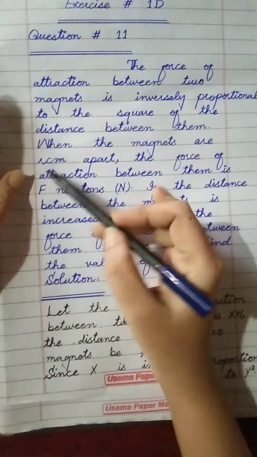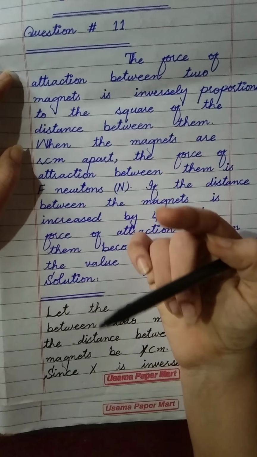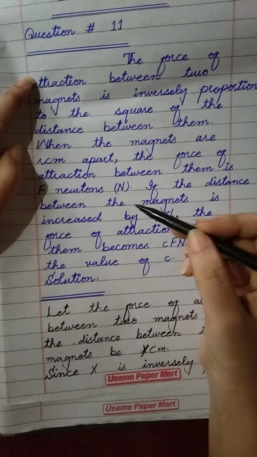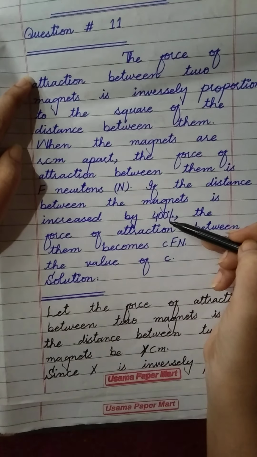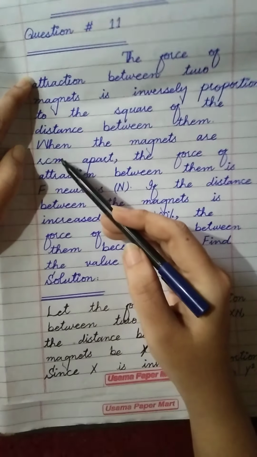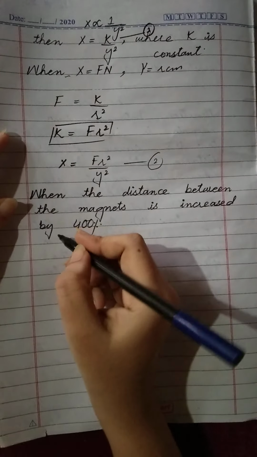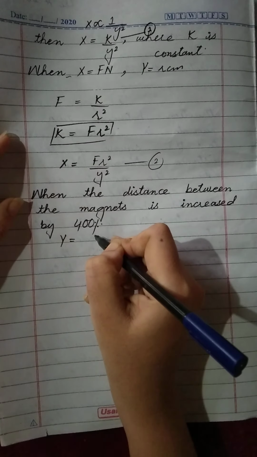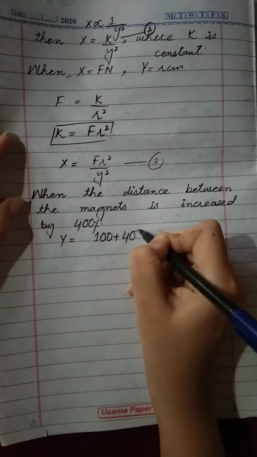The distance is r centimeter. Okay, first of all we have to find the 100%, then we can find the 400%. Suppose r is 100%, then we can add 400% more. R is given and then increase 400% more. It means r is 100 and 400 more will be added. So we will write that y is equal to 100% plus 400 because it's increased now,